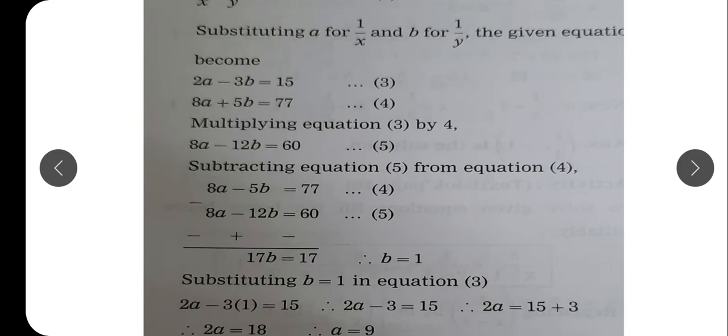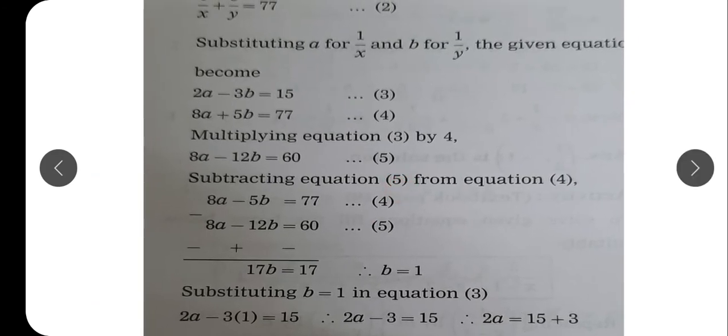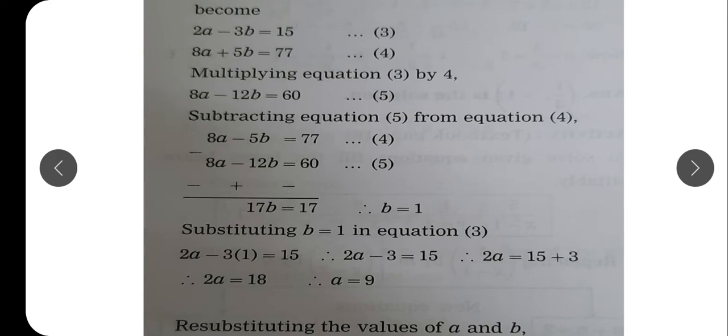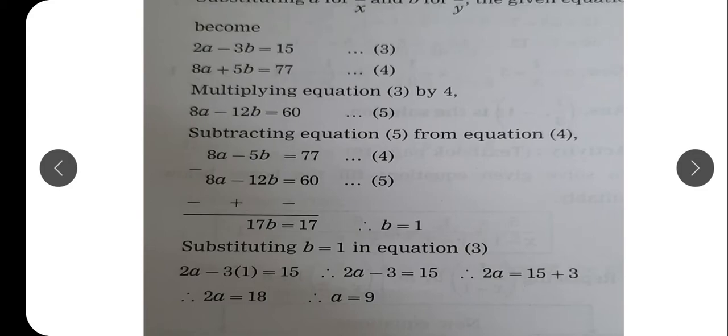Equation number 5 and equation number 4 both contain 8a. Their signs are the same. Therefore, subtracting equation 5 from equation number 4. Write down equation number 4 first and then 5. Give the subtraction sign and change the signs of the terms in the second equation. Then 8a and 8a will cancel. Minus 5b plus 12b is equal to